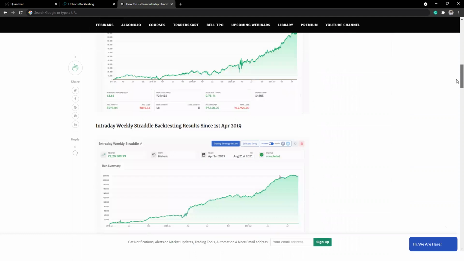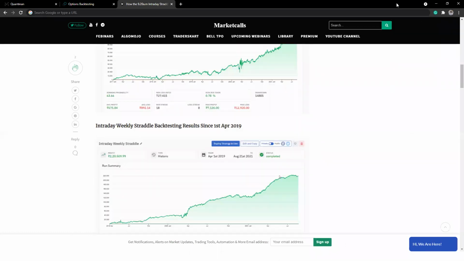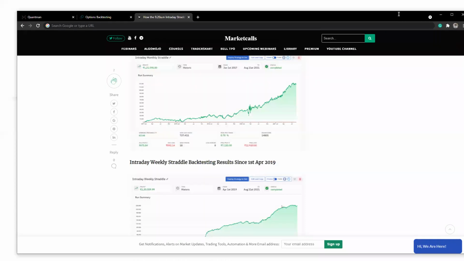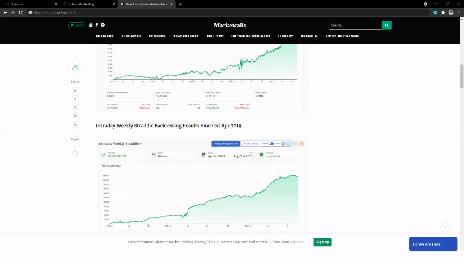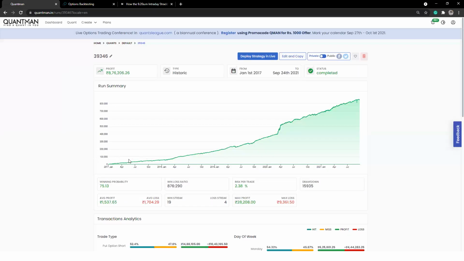So this is a simple intraday weekly straddle I showed for Nifty. However, what I showed you is for Bank Nifty over here. The one I showed you in today's case is more of a Bank Nifty one, so this is more of a Bank Nifty's perspective. Now here,